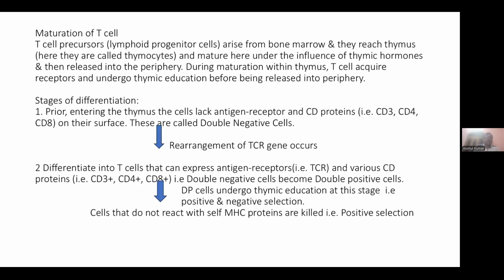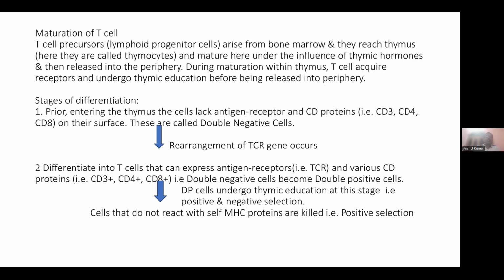The next important role of T cells: T cell precursors, or lymphoid progenitor cells, arise from bone marrow and reach the thymus, where they are called thymocytes and mature under the influence of thymic hormones and are then released into the periphery. During maturation in the thymus, T cells acquire receptors and undergo thymic education before being released into the periphery. So, if I summarize it,